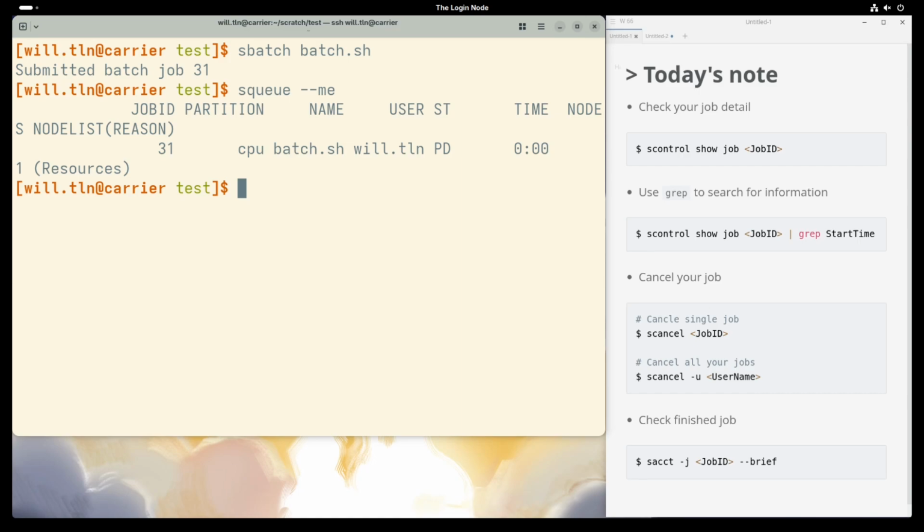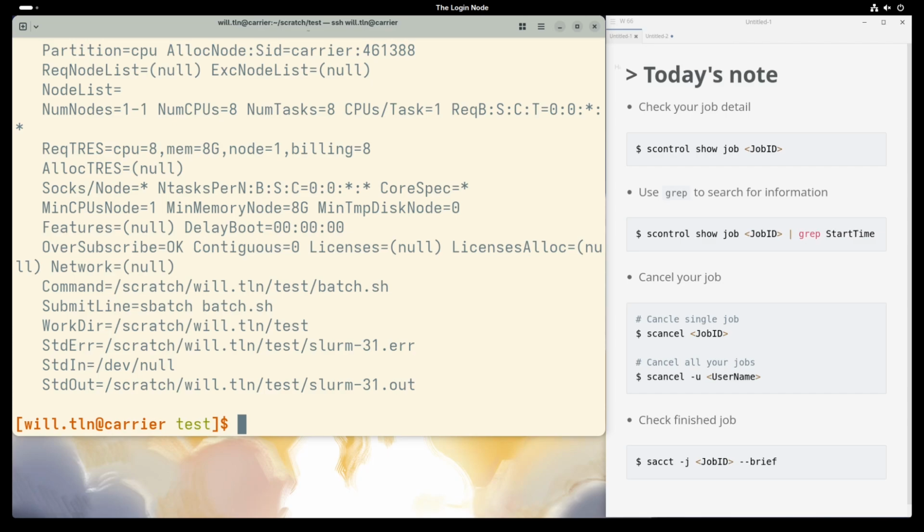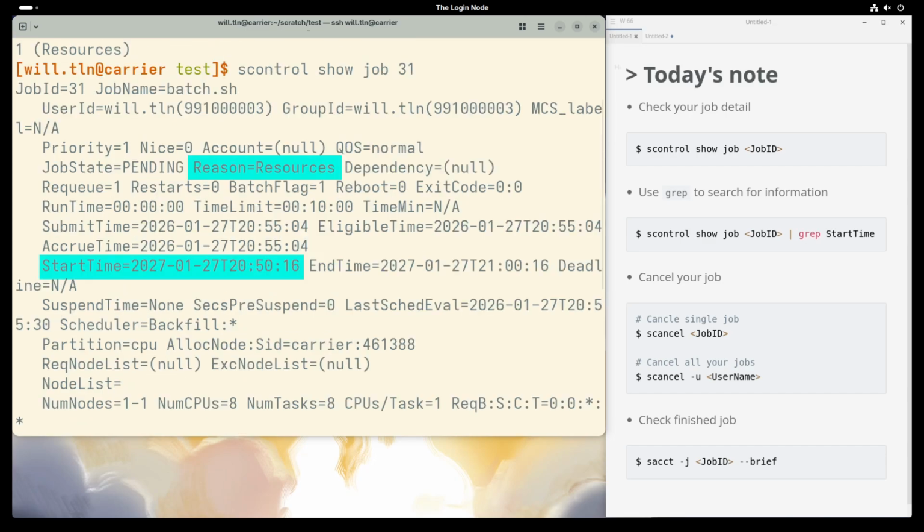SQ gives you a quick summary, but sometimes you need a full report. For this, use the command scontrol show job ID. Whoa, that's a lot of text. Don't worry, this is the bio of your job. You can look for specific lines like start time or reason.